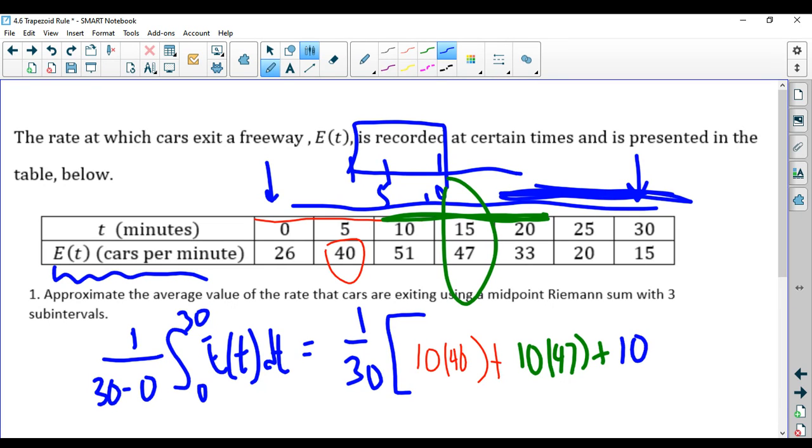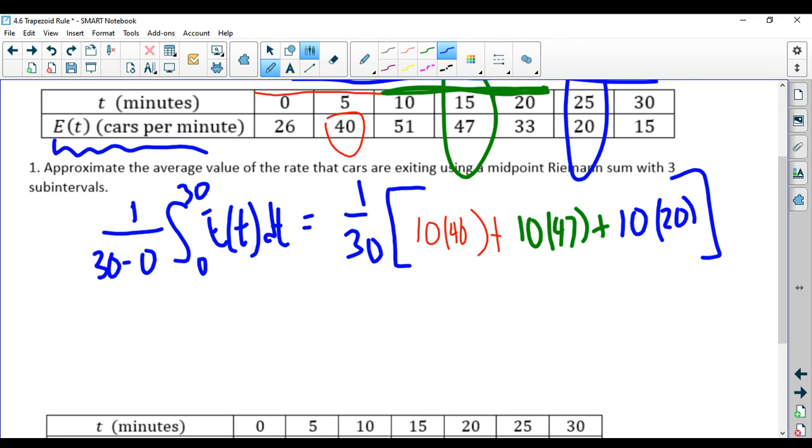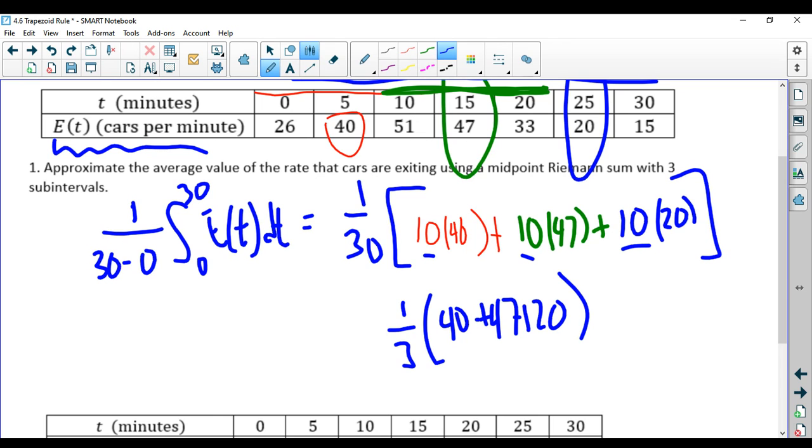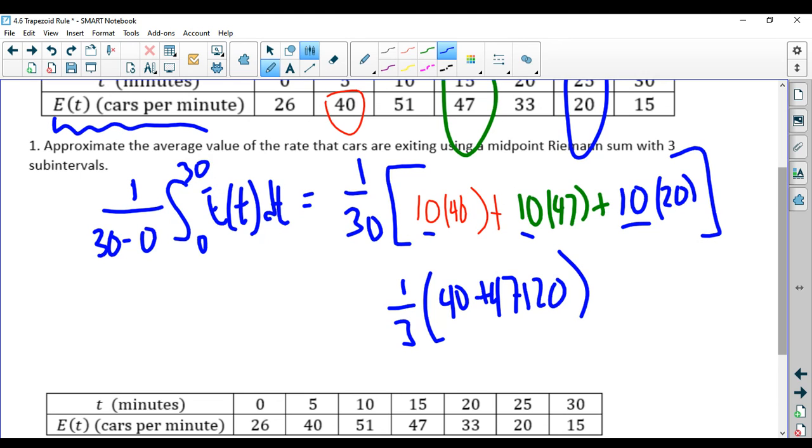So this is working out nicely. Its height is 20. So take the calculator and determine what that is. Since everything has a 10, I'm going to factor out. I'm going to just do this mathematically here. I'm going to factor out a 10, this 10, this 10, this 10. So it would be 10 over 30 or 1 over 3. And I just have times 40 plus 47 plus 20. And 20 plus 40 is 60. And 60 plus 47 is 107. So I have 107 over 3,